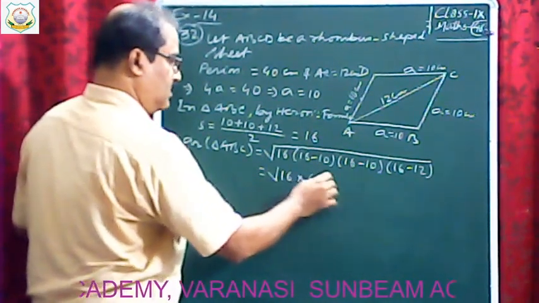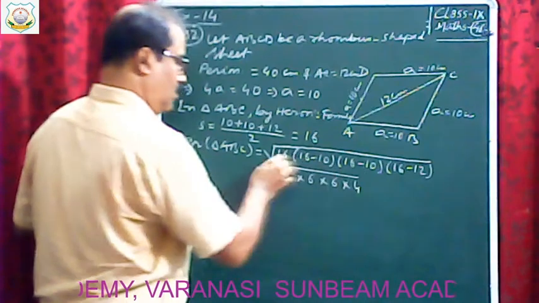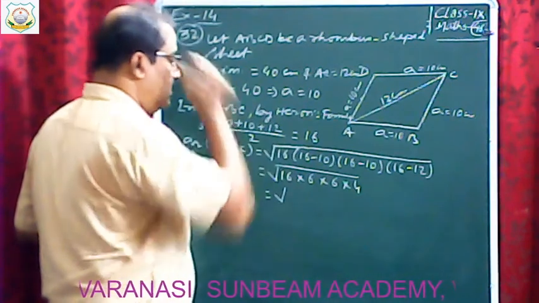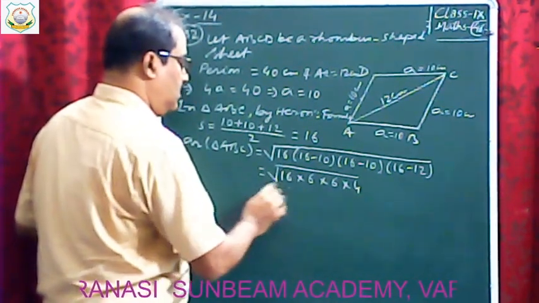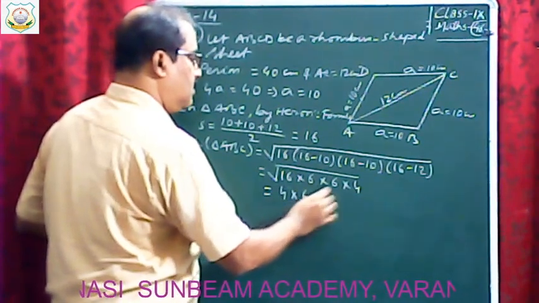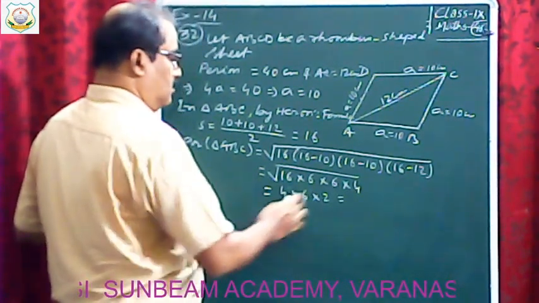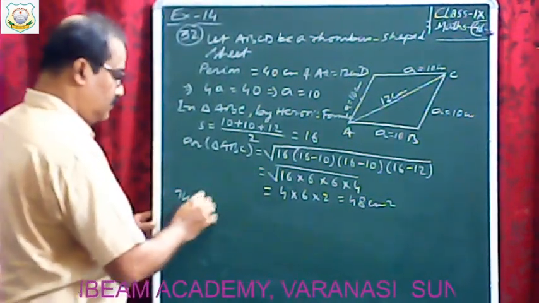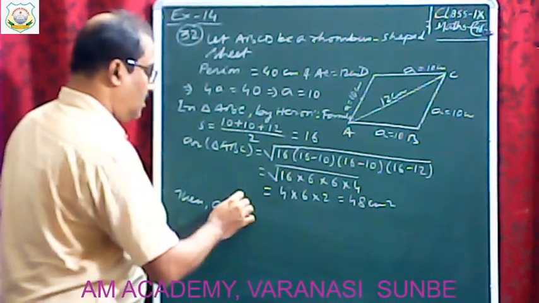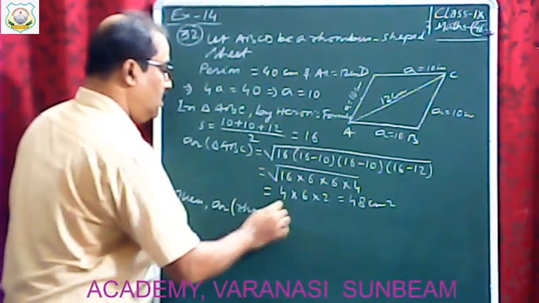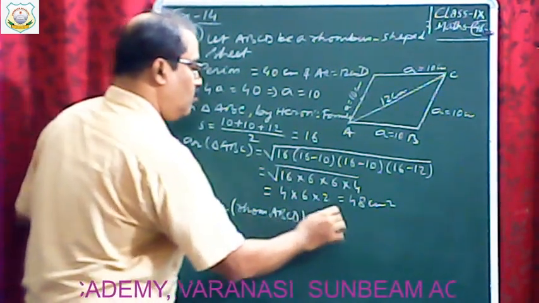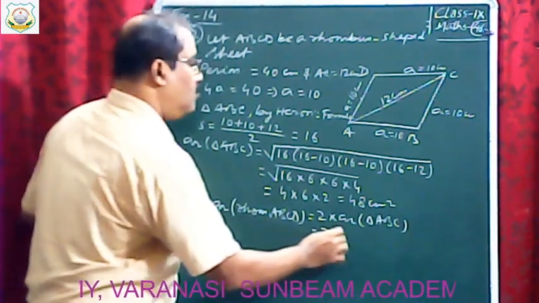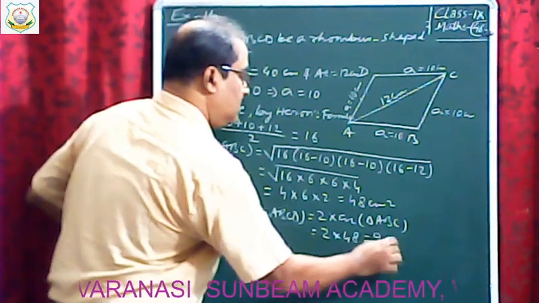16 into 6 into 6 into 4. So 16 is a perfect square number, no problem. We have to write 4 into the pair of 6, and from 4 we get 48 centimeter square. Then area of rhombus ABCD equal to 2 into area of triangle ABC, that is equal to 2 into 48, that is 96 centimeter